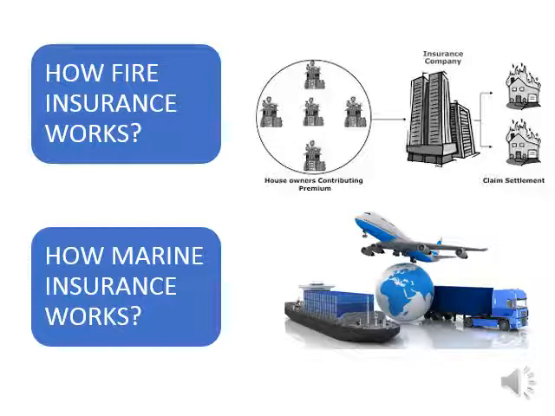Similarly, you should know how marine insurance is working. Basically, in the Indian market, or as such in the international market, marine insurance is divided into two parts. One part is cargo insurance, the other part is the insurance related to ships. Now, cargo when it is in transit, be it by courier, rail, road, air, then the ship, all these modes of transportation are covered under the marine cargo policy.